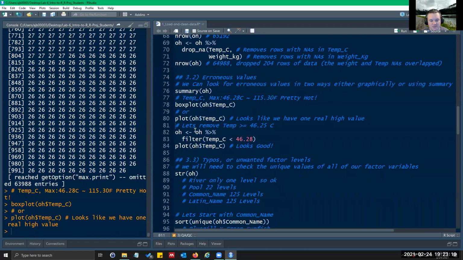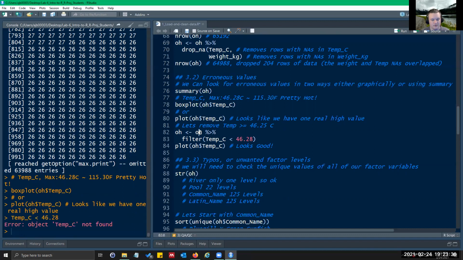We're going to use the same syntax as before. We're going to take our Ohio data set and pass it on this time to a filter command. And we're going to use a logical operator inside that filter command, so it's going to return true or false.